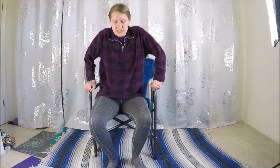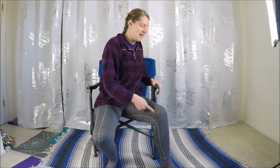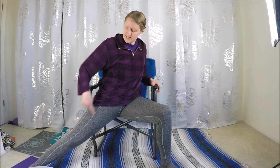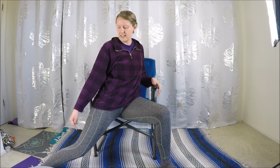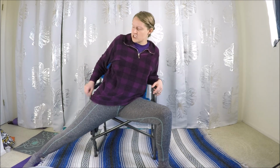So come back onto the chair. Here we're going to take a warrior 2 pose. Let your left knee point off to the left side, and your right leg is trying to stay straight. So we want the arch of the foot to be lifted. So if it's just completely collapsing down, I want you to angle your foot more forward. If you can keep that arch lifted, pushing through the outside of the foot,